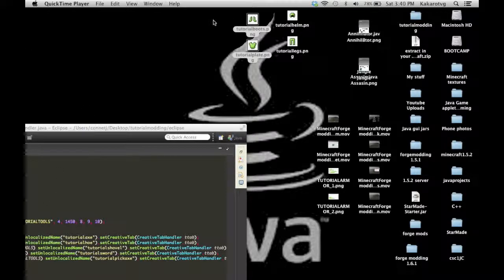So I've already gone ahead and created the normal item textures for the armor. I just recolored the normal Minecraft textures. So these will go in the items folder, as normal. But then we have to do the actual textures, what will actually render on the player. So for those textures, to